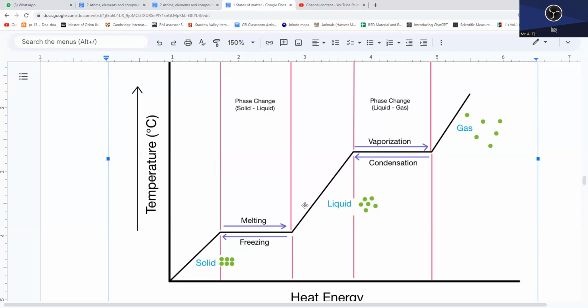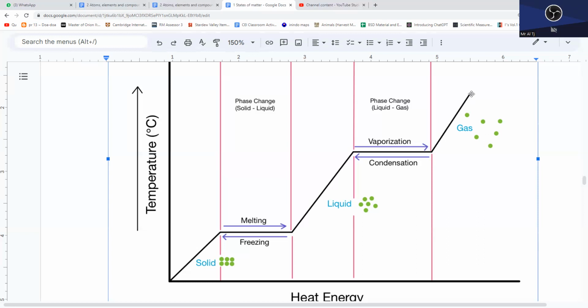Just like the melting, as long as there is still a little bit of liquid left, any energy is going to be absorbed by the liquid, used to break the bonds and change into gas. During this condition, if you put a thermometer, the temperature will not change at all. Only if everything that is liquid has vaporized and changed into gas can the gas particles themselves move faster. In this case, any extra energy we give them is going to be absorbed by the gas,